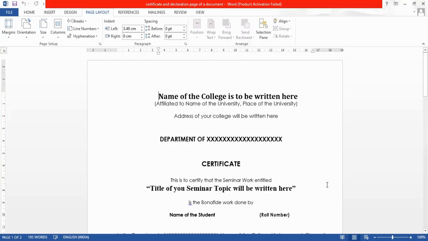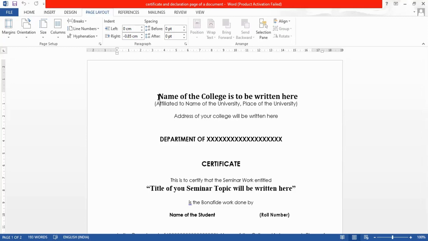Once you make sure the margins are aligned properly, then we need to check whether the content is aligned properly or not. When you observe the first line and the second line, and if you see the ruler, there is a difference between the first and second line. In the second line, the indent is located at the left margin, that is at a left indent. In case of the first line, it is located somewhere between 3 and 4, that is not a left indent. So I need to move towards the left indent where the second line is.